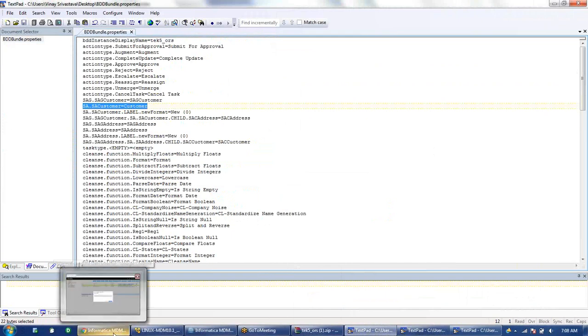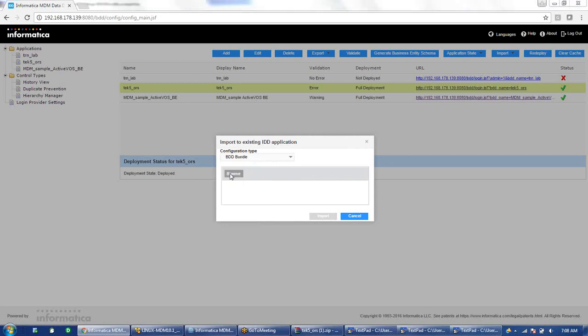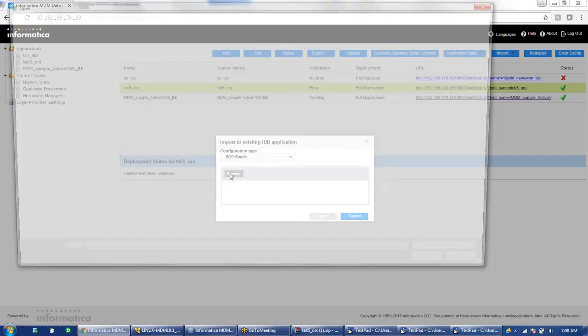So for this file bdd bundle.properties, when we go back to the IDD screen, in the configuration we have this option bdd configuration, bdd bundle. So we'll select this bdd bundle and browse and select the bdd bundle file.